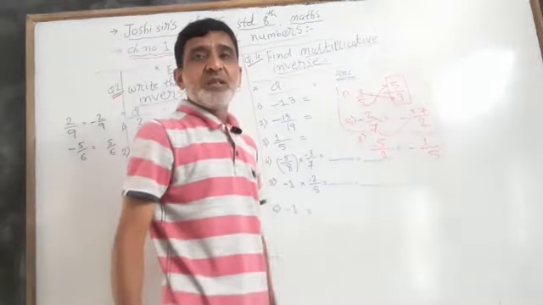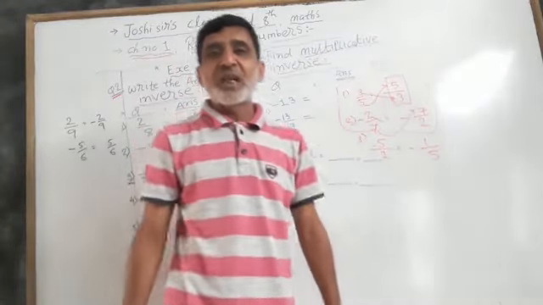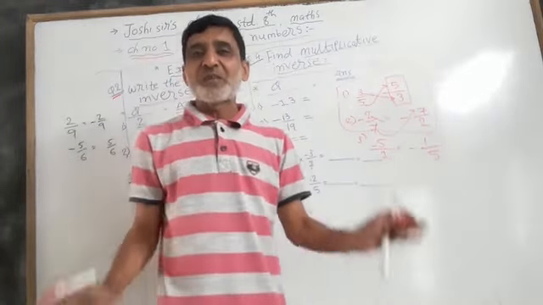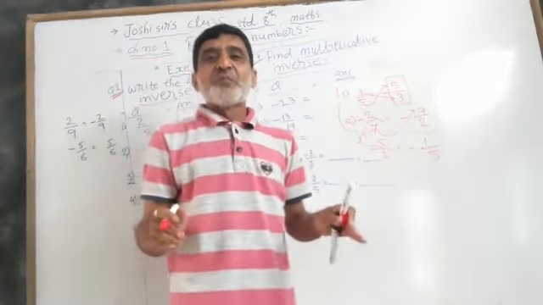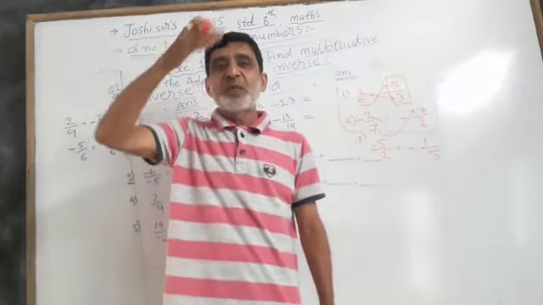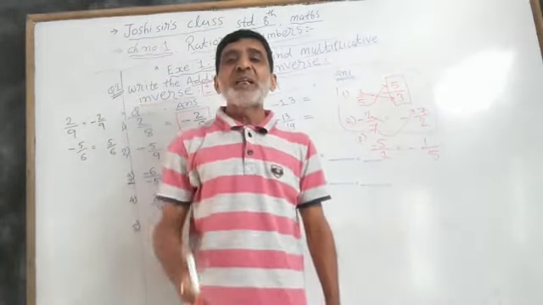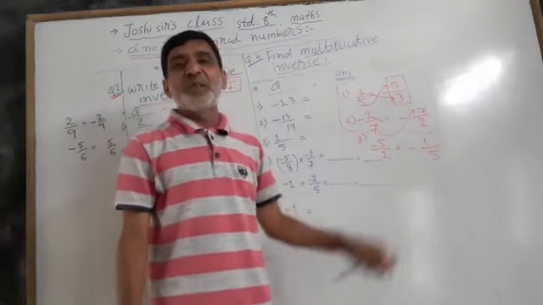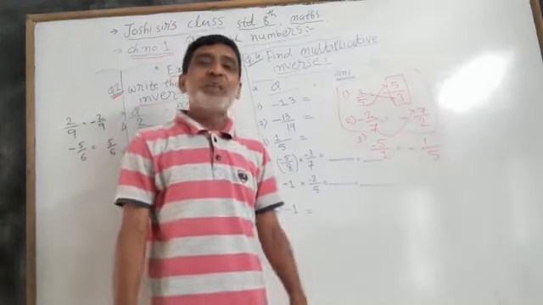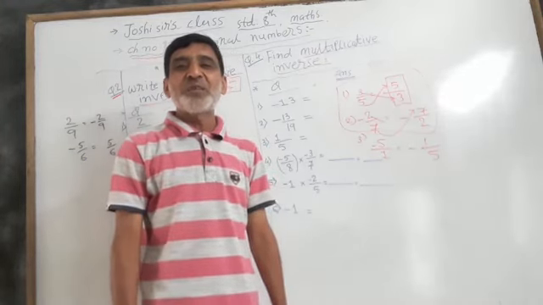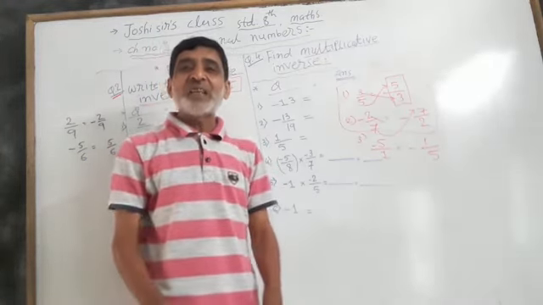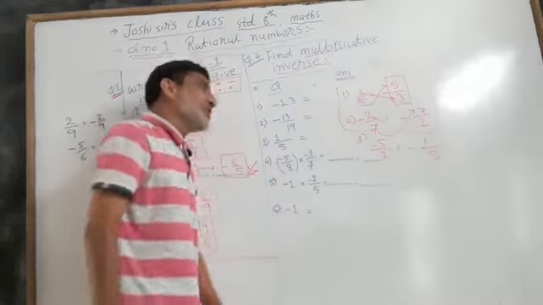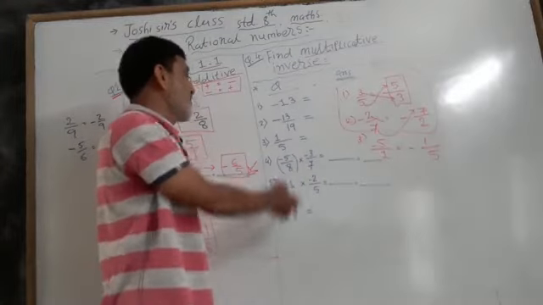Now you understand? You know yogasana, Baba Ramdev. Like this, we have to do Sirsasana. You know Sirsasana? See here, my head is up and my leg is down. But when we do multiplicative inverse, what will we have to do? What do you do in yogasana, Sirsasana? Your legs are up and head is down. Understand? Okay, now we will start all these sums.